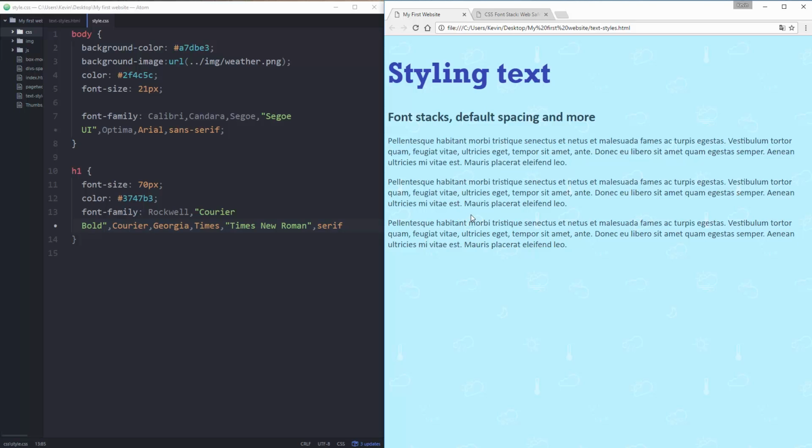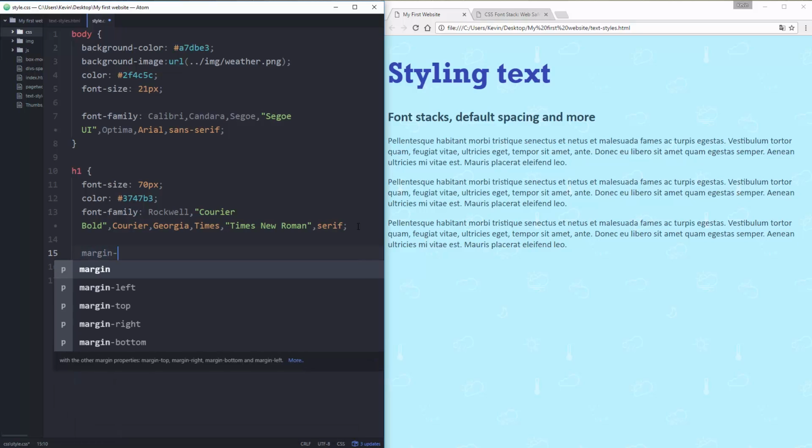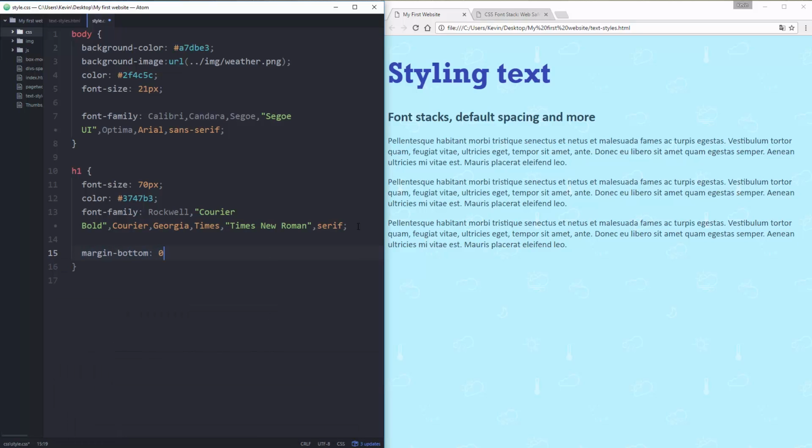And it's usually, for pretty much all of them except the H1, equal to the font size. So this space here is roughly the same or exactly the same as the font size. H1's it's a little bit less, but more or less just think whatever the default is, whatever my font size is the space between. So I see that I have a really big space here and I don't really like that space. So I can come on to my H1 and I can say that the margin bottom is 0